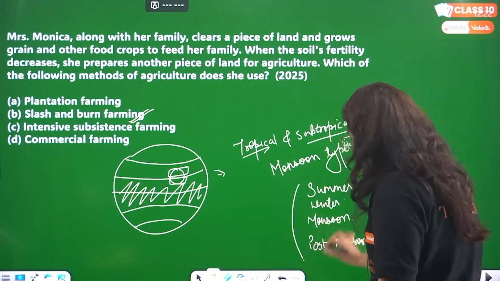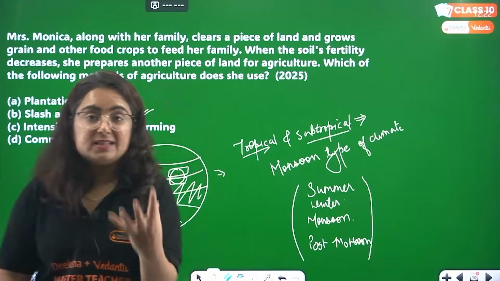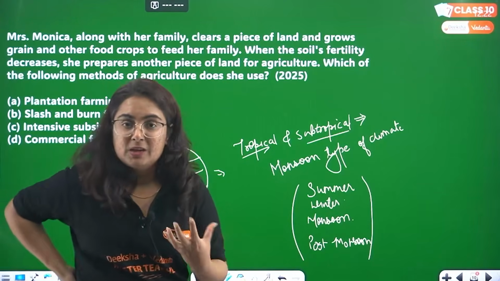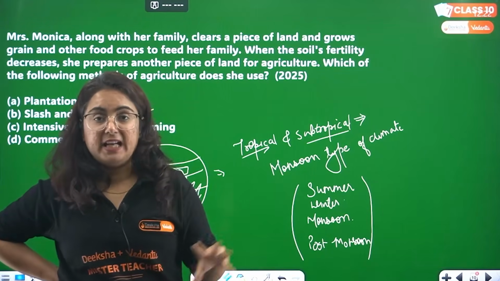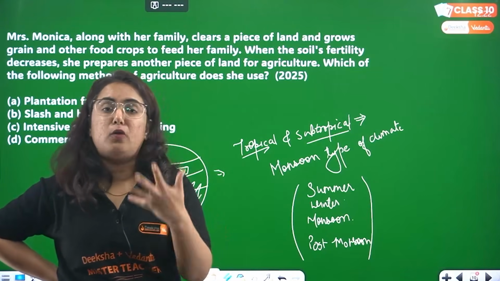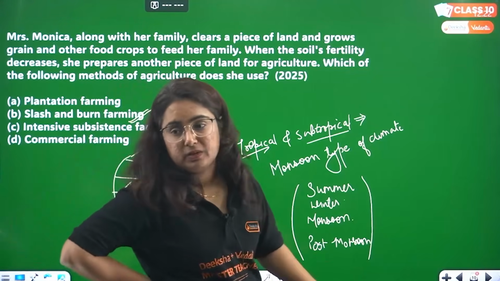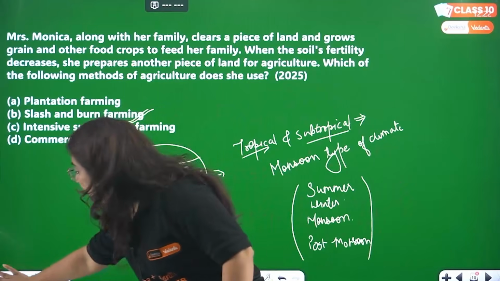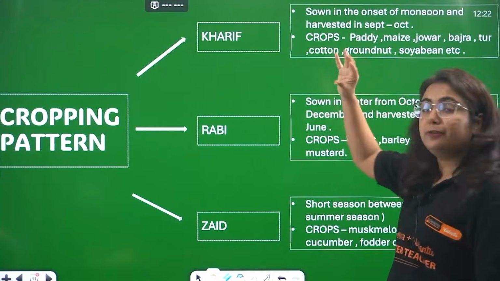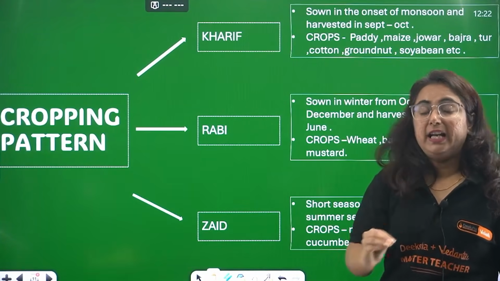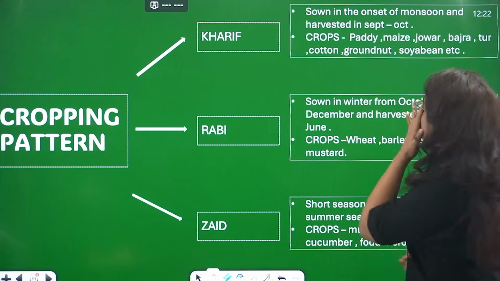So if you look at this structure, beta, what do the crops need? There are a lot of crops that need sunshine during the time of ripening. There are crops which need rainfall during the time of growing. They want a lot of rainfall for growth. So all the conditions are provided by India. And this is how we have different types of cropping patterns in India. Start with the very first, that is Kharif, right? Kharif type of farming, okay? Or Kharif season. Now what is Kharif season, beta?